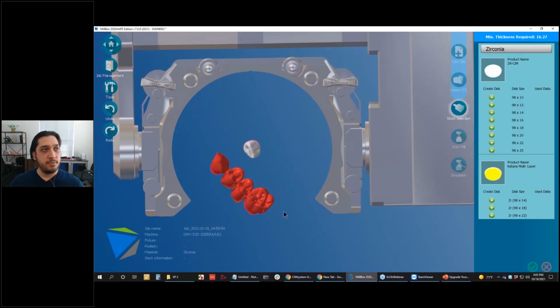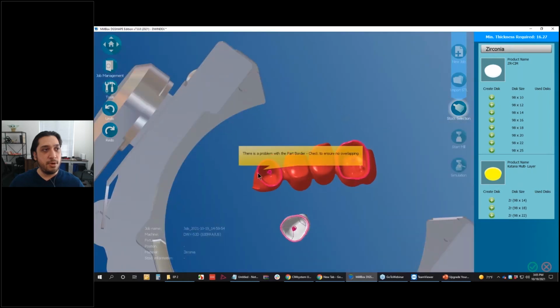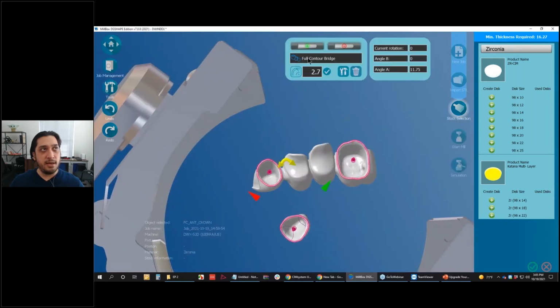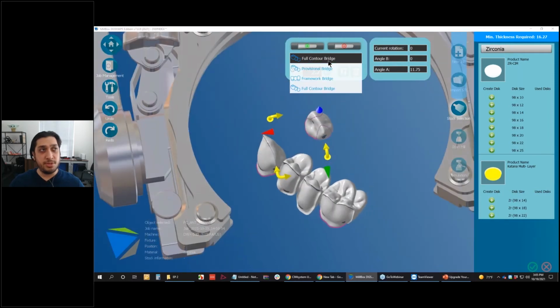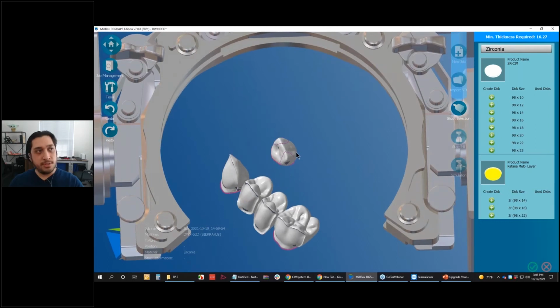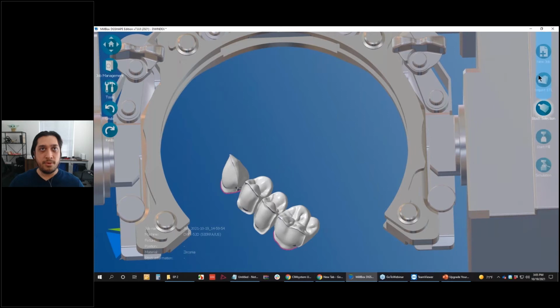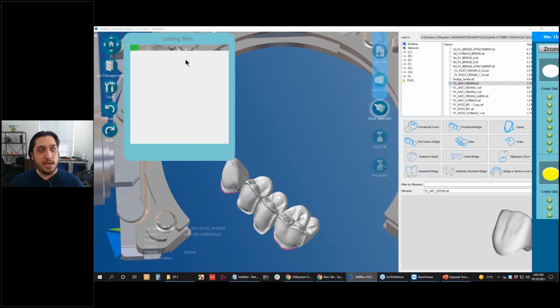There we go. And so we can see there's plenty of undercuts here, but there are 2 margins down here. And we can see that even though it was imported as a full contour bridge, this should be switched over to a full contour restoration. So I'm going to want to get rid of that and re-import that if I needed to actually run that case. Now in this particular example, I was just doing it to show you how quickly a single unit imports